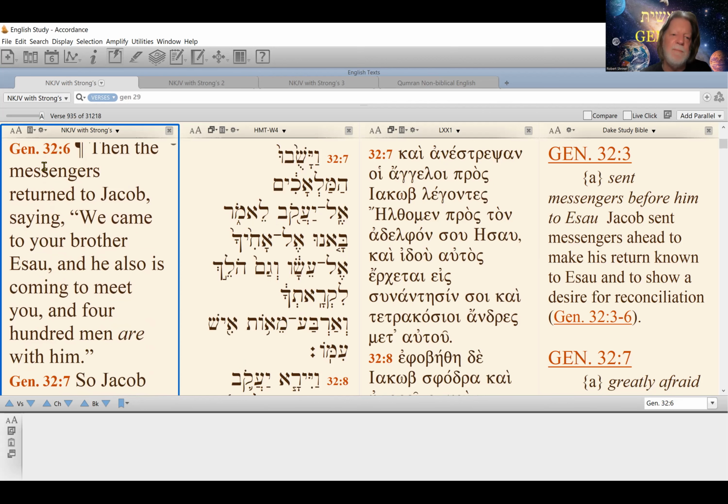Verse 6, then the messengers, the malachim, returned to Yaakov, the human messengers, I'll say, to Yaakov, saying, we came to your brother Esav, and he also is coming to meet you. So far, so good, right? But then they go on to say, and 400 men are with him. Now, Jacob's got a big family, but not that big. So what is that telling you? Or what is that telling Yaakov? It's telling him Esau is coming out to meet him with an army,